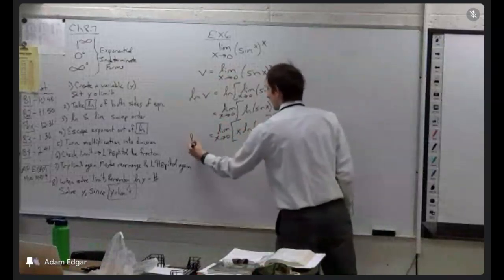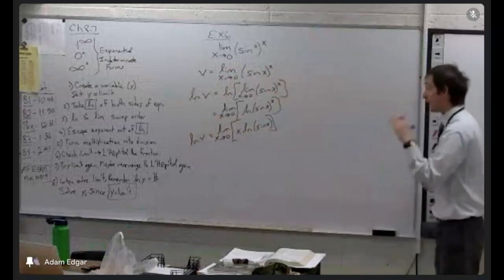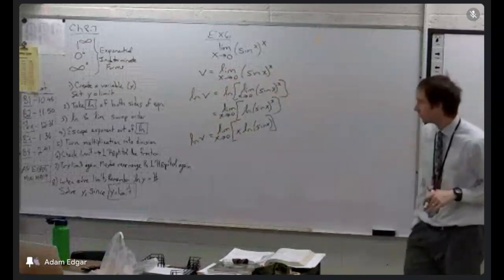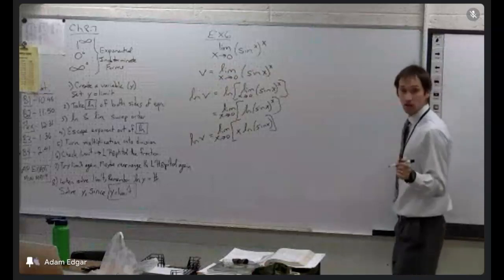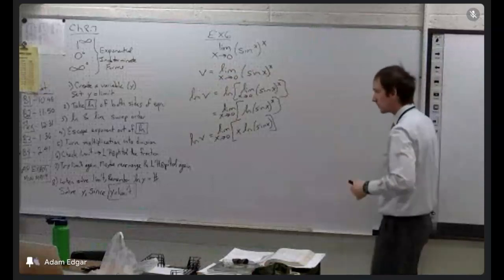Meanwhile, natural log of v is just chilling. And then we do not take the derivative. Instead, we try to do the limit again and see what we get. So if we try to take the limit now,